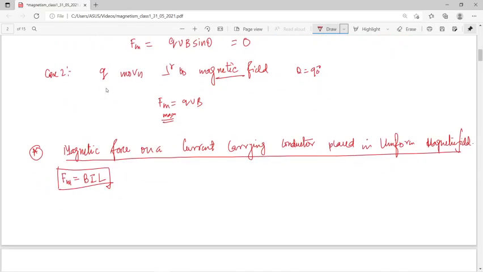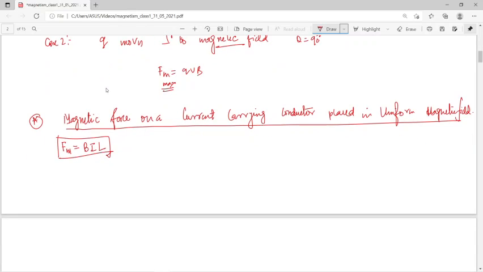That means in boards you have to prove it: from this QVB you have to deduce that particular thing, that is nothing but the magnetic force on a current carrying conductor placed in a uniform magnetic field. And for that we are considering a current carrying conductor that contains a large number of free electrons, and we know that the free electrons are moving within the conductor with a velocity v, that is the drift velocity,